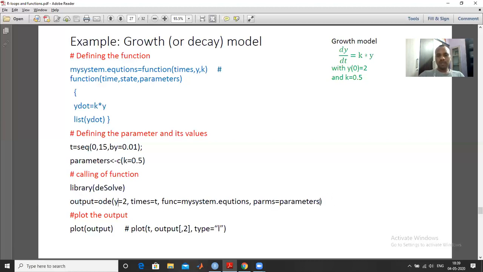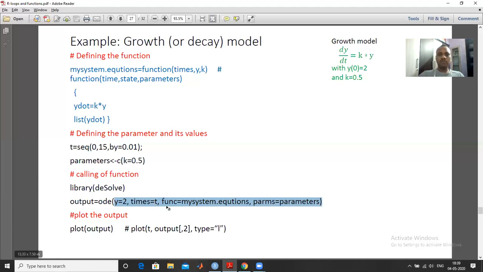What were the parameters used in the previous function? You can call it by position or by name, as we discussed in the function lecture. If you call it by name, then you have to assign y equal to, times equal to, func equal to, params equal to.